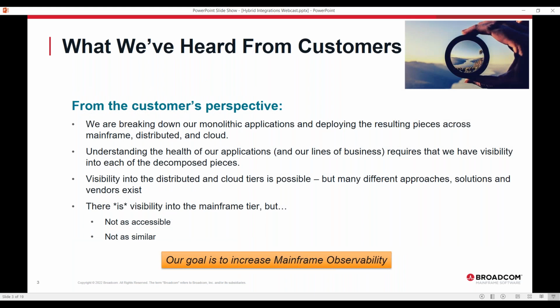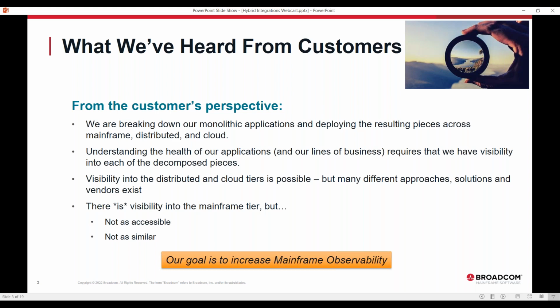We've heard this more and more from customers, particularly recently. We hear customers over and over saying, we're either breaking down our monolithic applications or we're sharding off pieces of them and deploying them somewhere else.